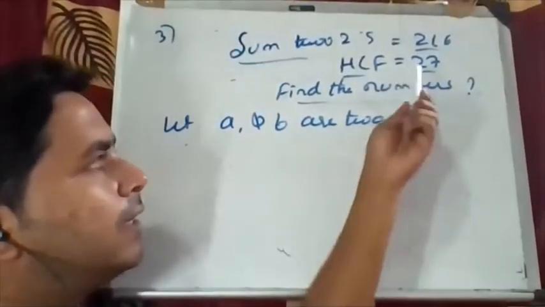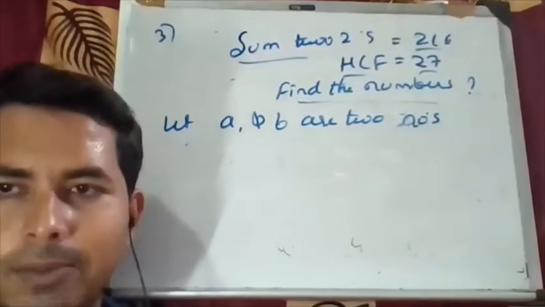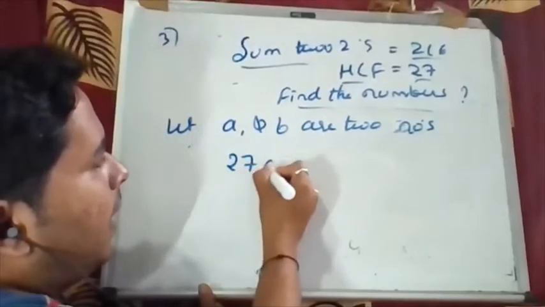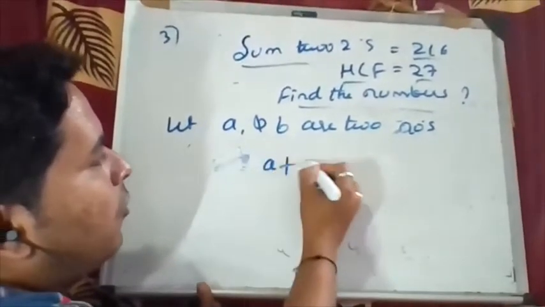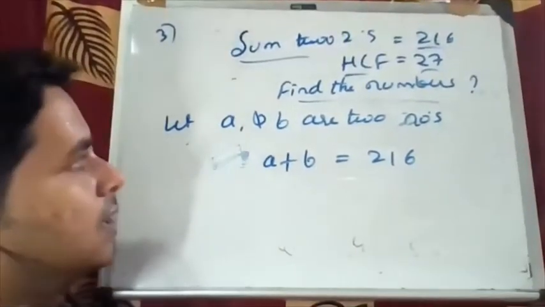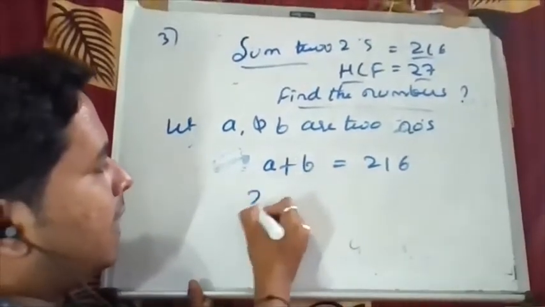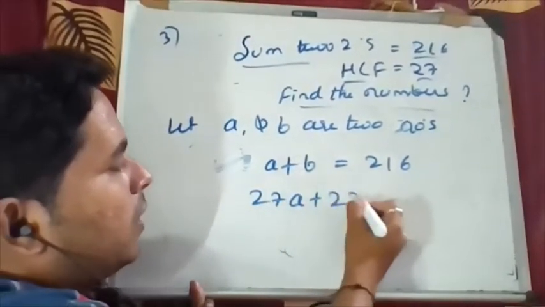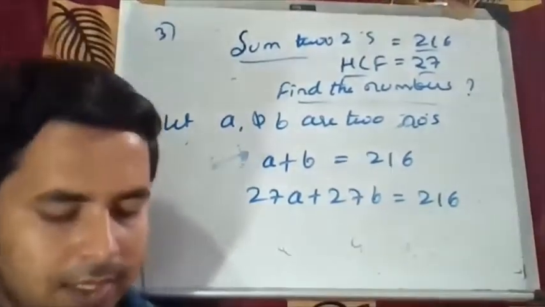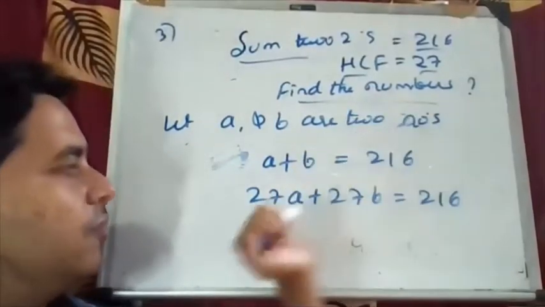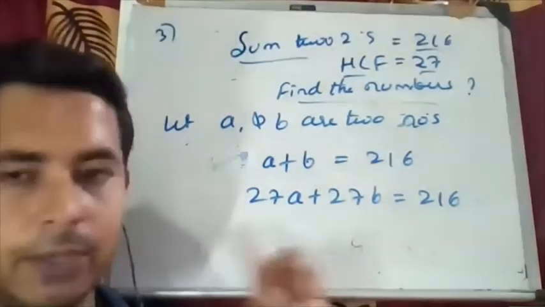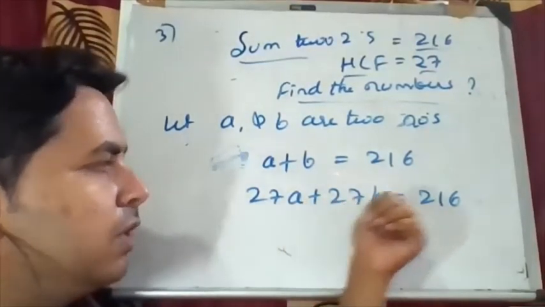और उनके साथ क्या हुआ रहता है? उसके HCF भी multiply हुआ रहता है. Okay, so what I'll do? I'll take 27A. The sum of two numbers is 216. When HCF is given, that is like 27A plus 27B. With the sum given as 216 and HCF 27, I can write the numbers like this. Their HCF is always multiplied with the given number. So 27 into A, 27 into B.